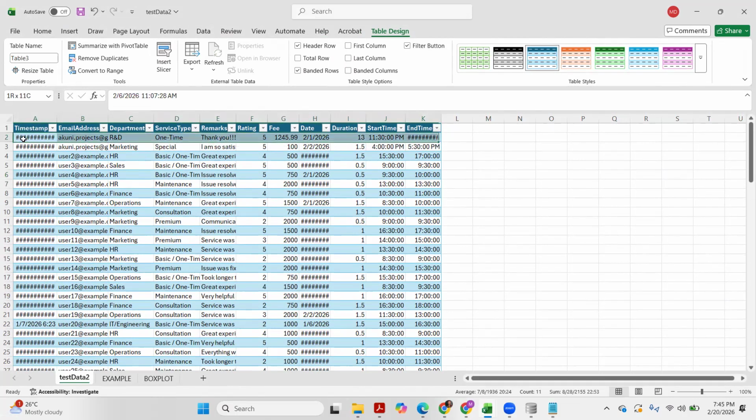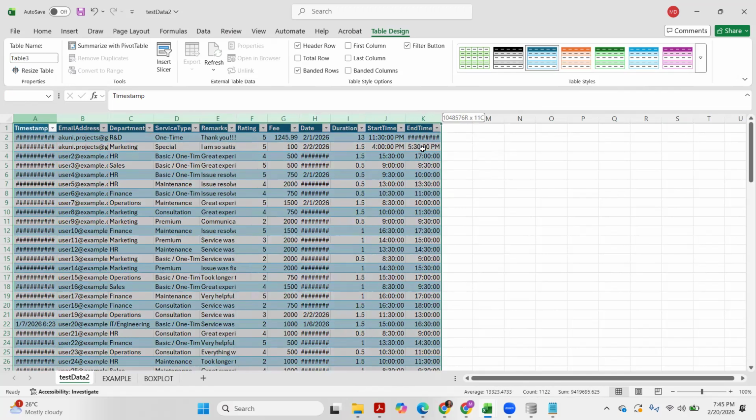And as you can see, there are some rows or columns with values having this series of pound signs or number signs. Same thing here and here. That's mainly because the values can't fit within the size of our cell, especially the width of our columns.